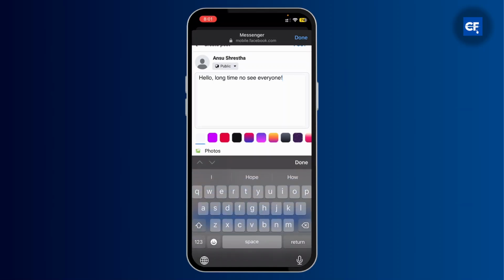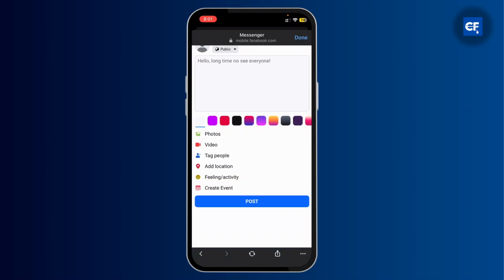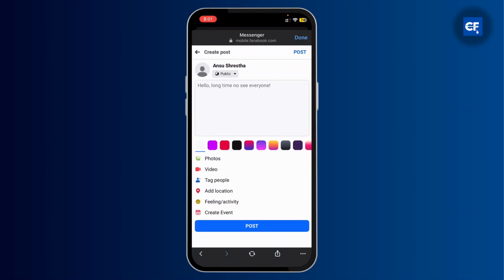First, create a regular Facebook post just like you normally would. I've already typed out my status. And then here you only see options to change color but no option to change the font. So for this you'll need another app, or you can also open it in a browser. What you have to do is copy this text